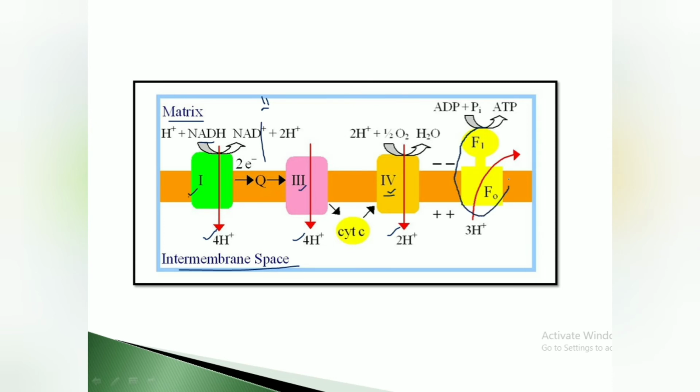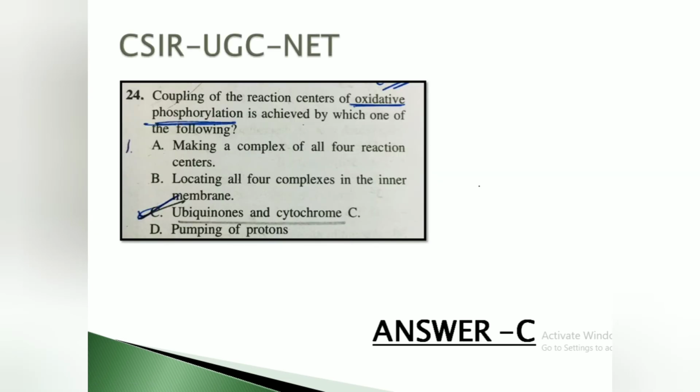there occurs the flow via this ATP synthase complex, which is composed of the F0 and the F1. So this F0 or the CF0 forms the proton channel via which the protons are pumped back into the matrix, and following the pumping of the protons there occurs the production of the ATP. This is the final ATP, which is the ultimate goal of the respiration. So with this we are done with the complete electron transport chain.